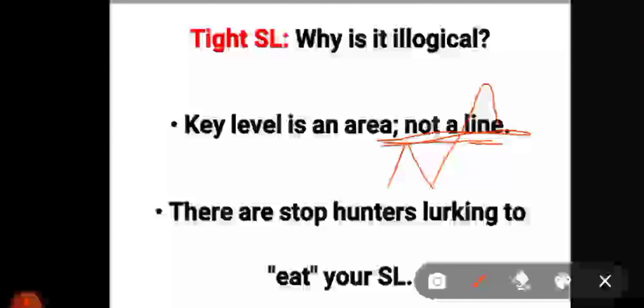There is something in trading called stop hunting. Stop hunting is this scenario where you get into the market, you place your stop loss, and then it just triggers your stop loss and moves in your favor. Why does that work? Because most retail traders don't want to lose much in the market. Most retail traders are starting with a small account. So what do they do to keep themselves afloat? They set their stop loss very close. They use a tight stop loss so that if they are losing,